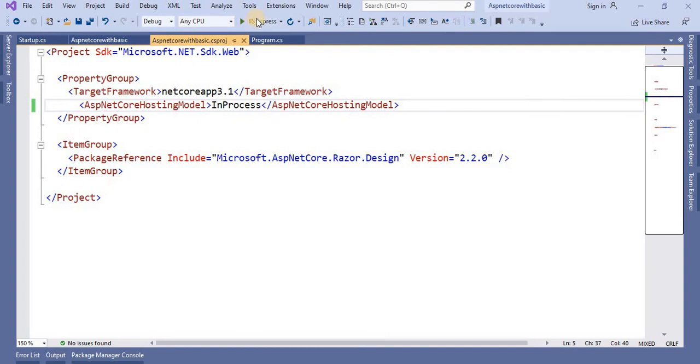So currently, we are running this application using IIS Express. If we deploy this application on IIS, then it will print as the W3WP worker process. In the coming tutorials we will see how we deploy this application on IIS, but as of now we are using IIS Express, so the worker process will be IIS Express only. Currently we are not hosting this application using Kestrel, so let's run this application through Kestrel.